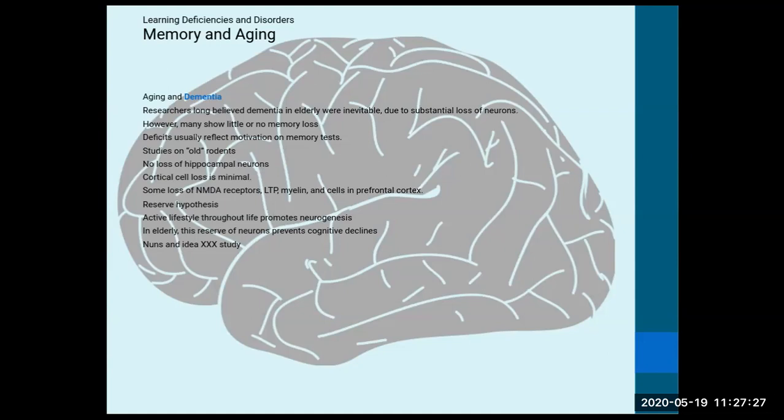The last part of this chapter, the last maybe 13 or 14 slides or so, is having to do with problems associated with age-related decline or genetic disorders that affect learning and memory. So we're going to talk about a couple of them here, and then I will give you a couple links